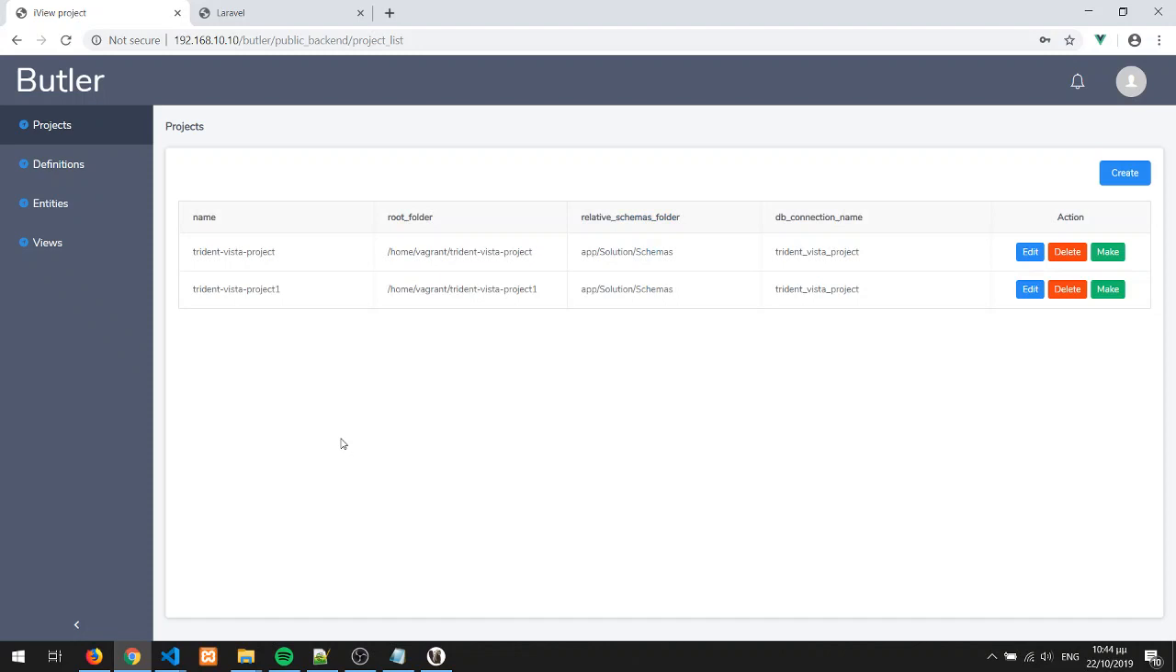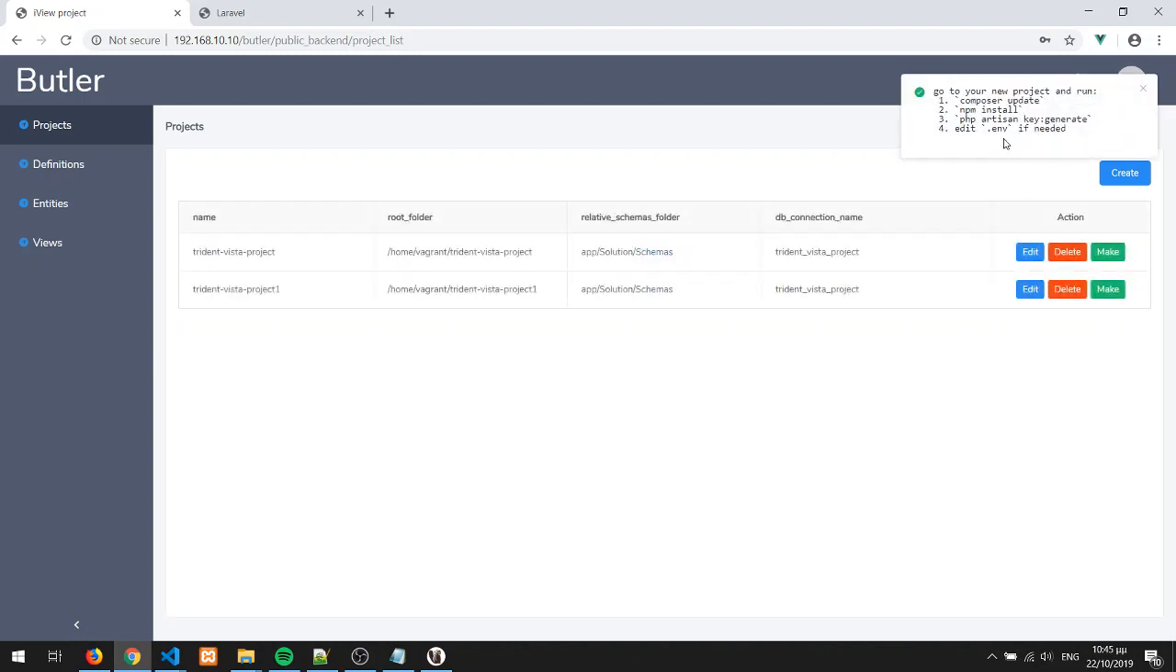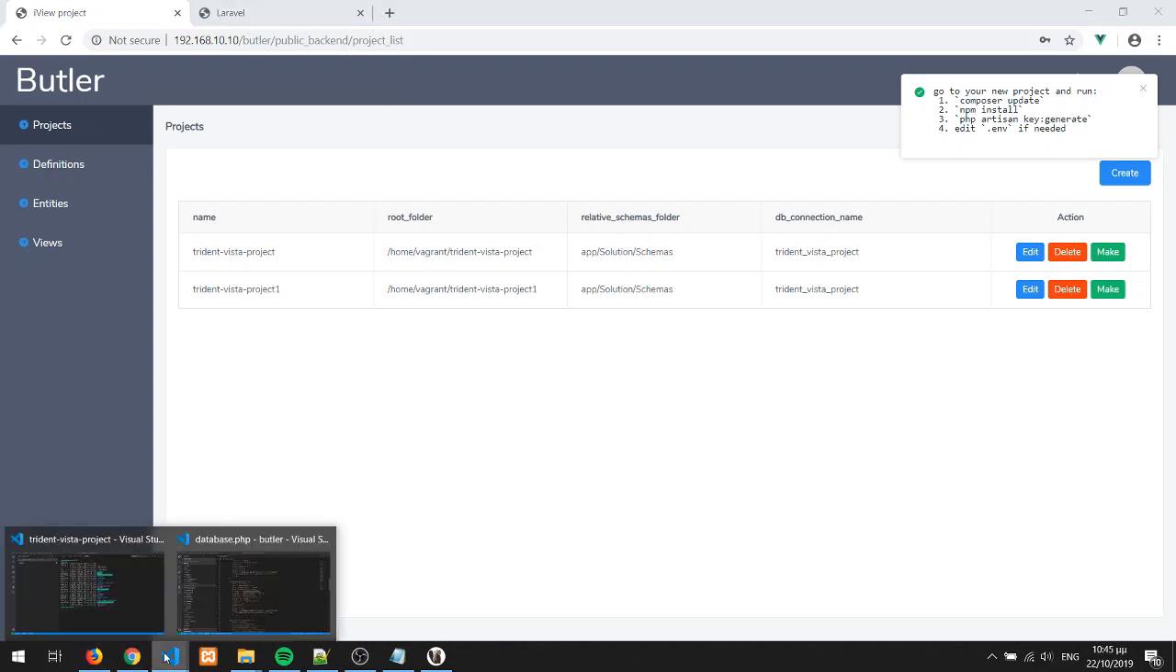But in order to not go and manually clone the repo to that specific folder, we can just click make here, and what it will do is actually go and clone this project from the GitHub repository, and when it's done, it will give you instructions here. It will say, okay, it's done, and now just go to that project and run composer update in order to get all the PHP packages, npm install in order to get all the node packages, create a key and edit the .env if needed. And this is important, and this is for Butler and for Trident Vista project,